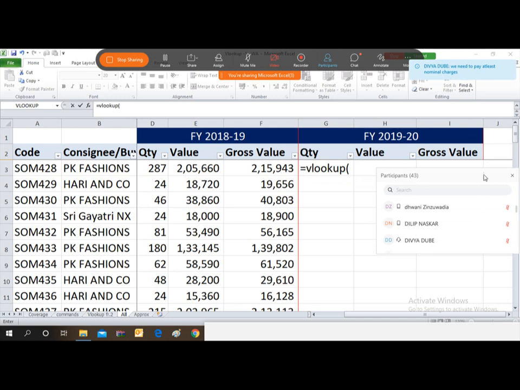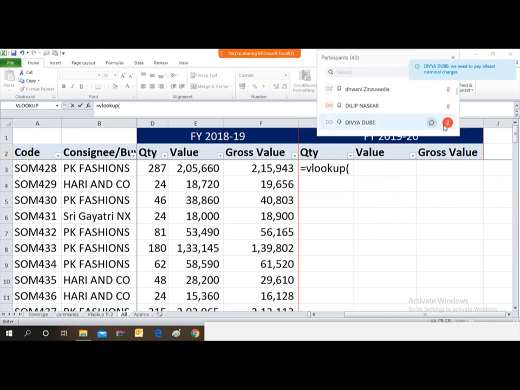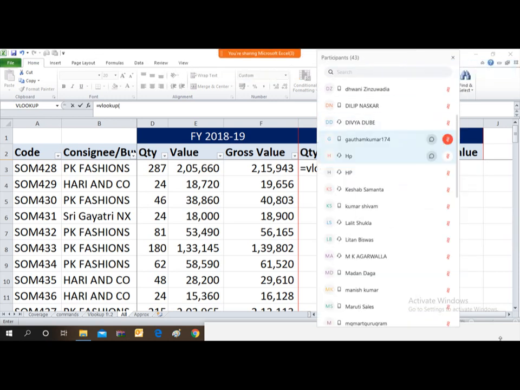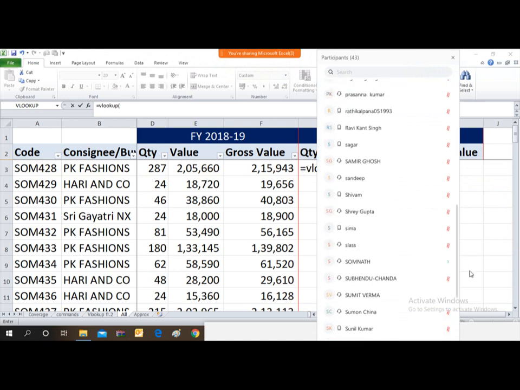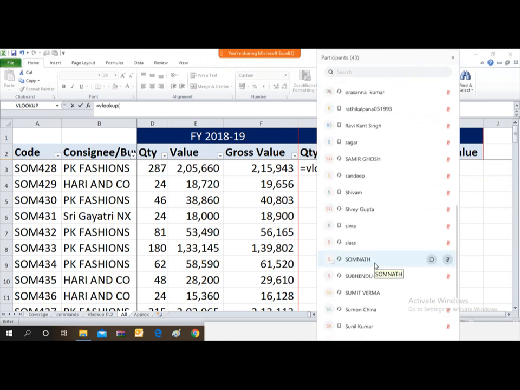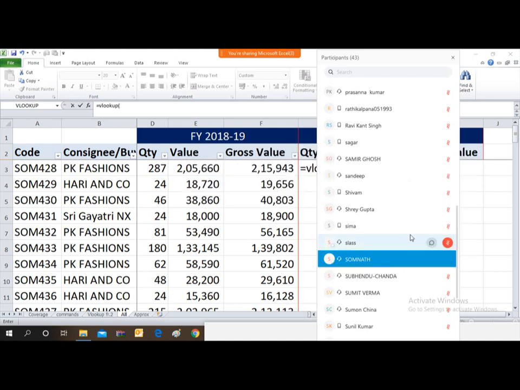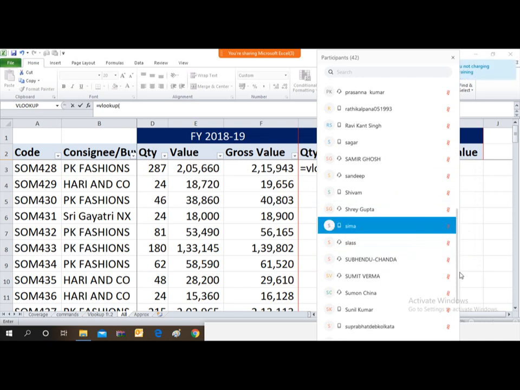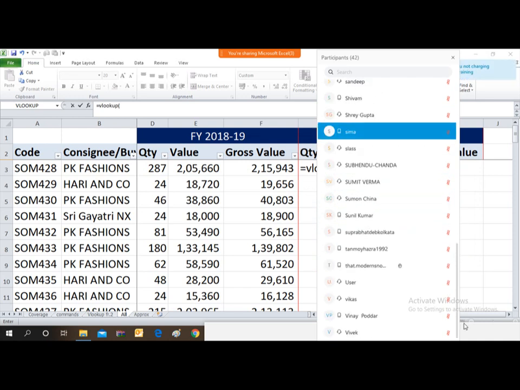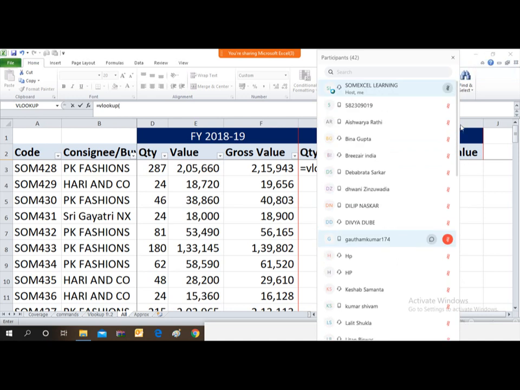Okay, sure. Okay, friends, the disturbing element has been removed.